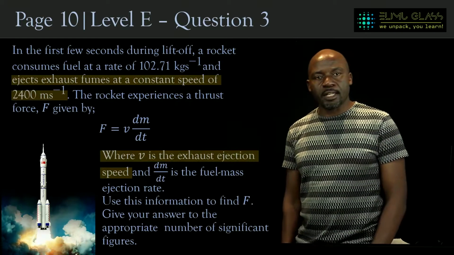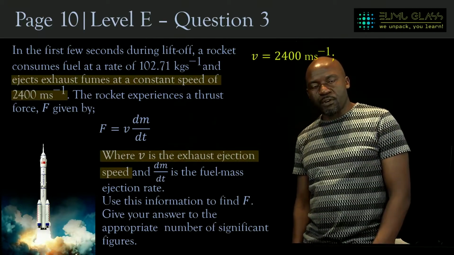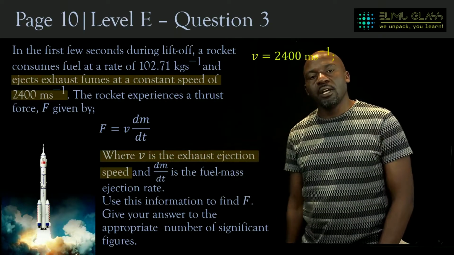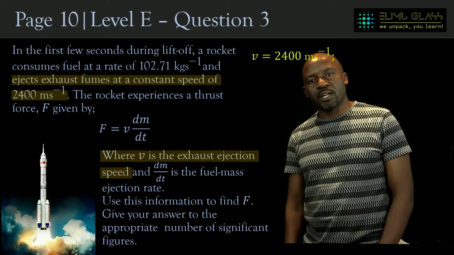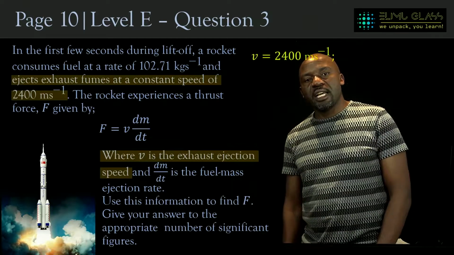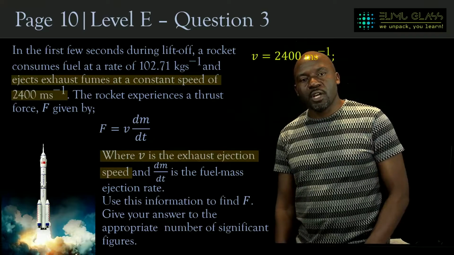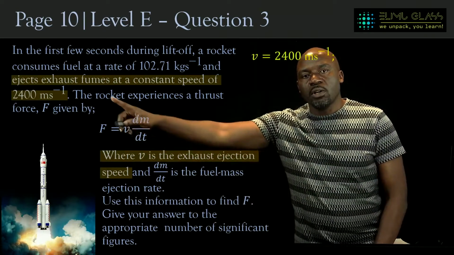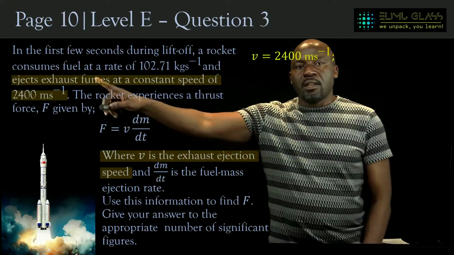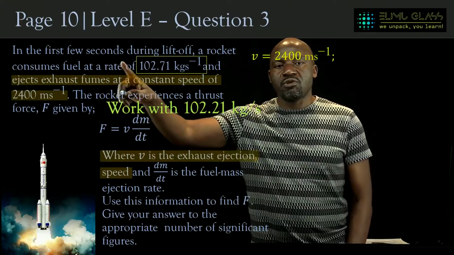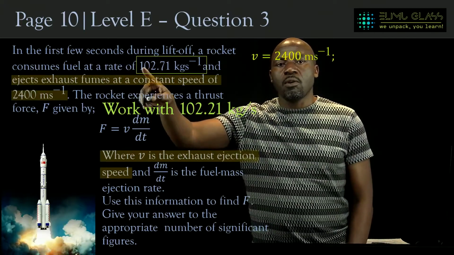Okay, that's what that is telling us, that V is 2400. When we look at what I've highlighted there, V is 2400, referring to the speed with which the fumes are ejected. And dm by dt is the rate at which mass is being consumed. So dm by dt: a rocket consumes fuel at a rate. So this is the rate of fuel consumption,